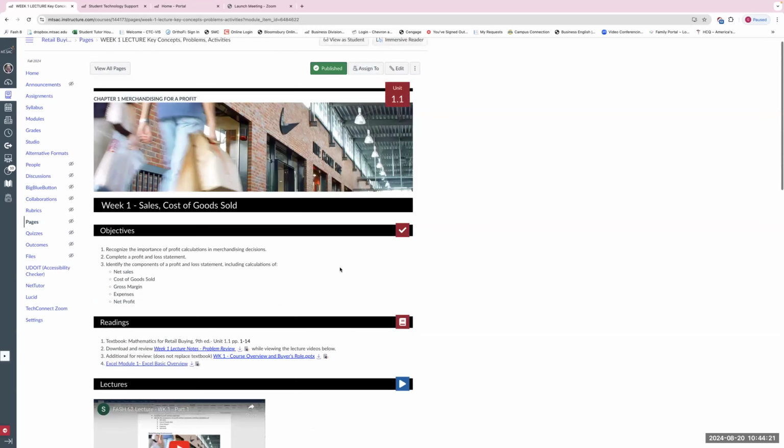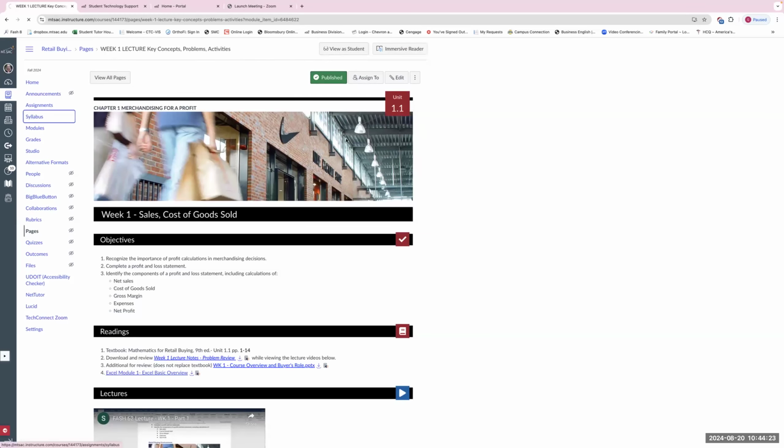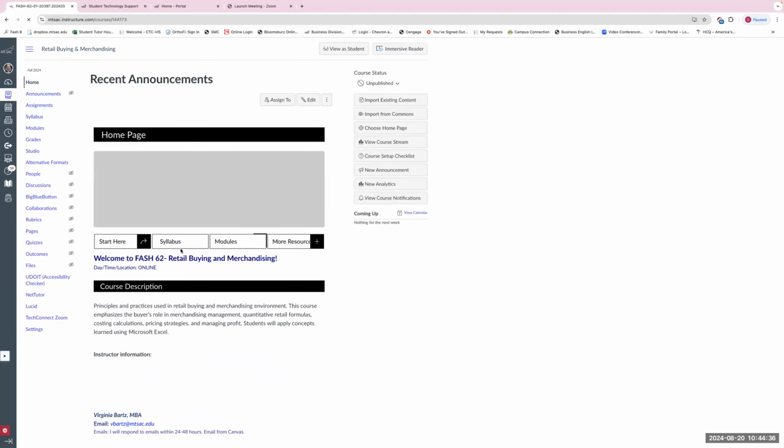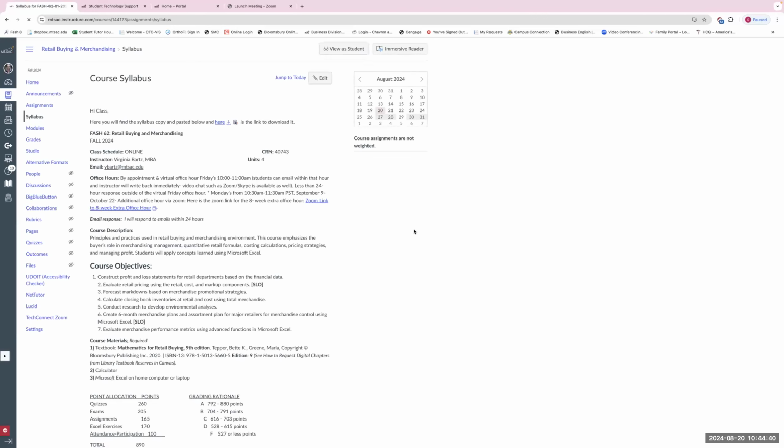I would like to go over to our syllabus here, and you can actually get it in that side navigation pane where I went. You will see a link that you can download and print if you'd like. There's also a copy and pasted version. Also, if you click this button, this will also take you to the syllabus, and you can go over the guidelines that are there for you as well.